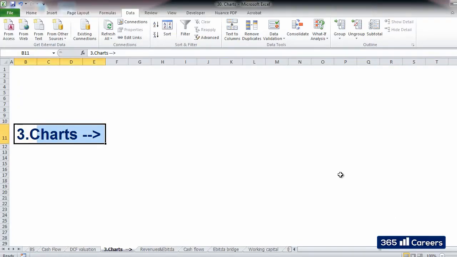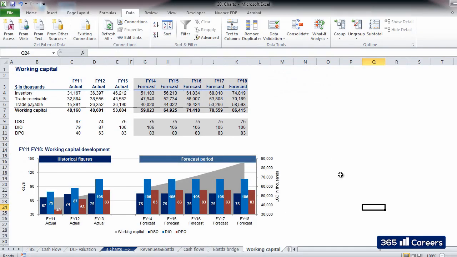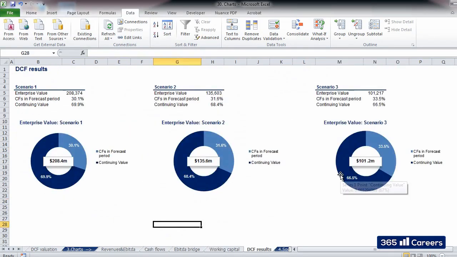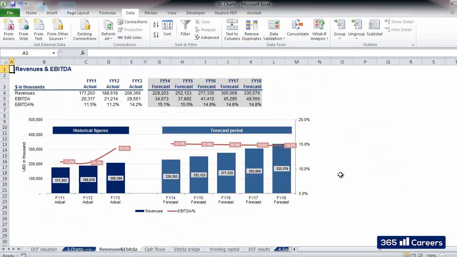Hi and welcome back. In this video, we'll go through some of the charts which have been included in the complete version of the DCF model, available in course materials. Graphical representation is always helpful. It highlights the trends and assumptions based on which the model has been constructed. These charts will automatically update if the model's scenario is changed, and hence represent a good tool to compare each